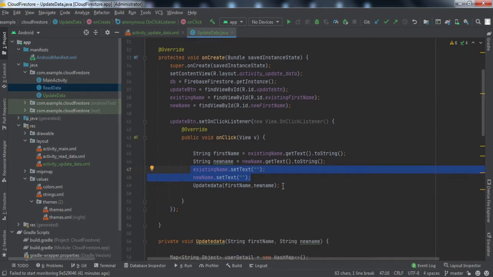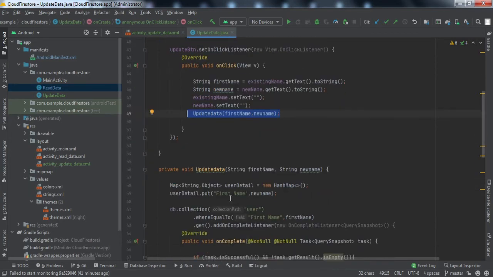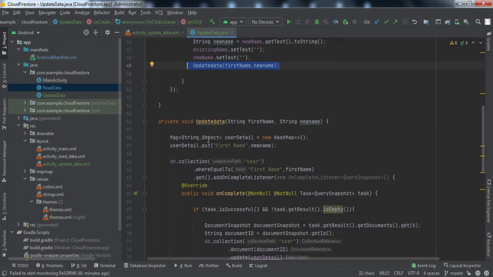After that we call this method updateData, and there are two arguments in this method, first name and the new name. Now we'll see what we do in this method. Here we have made a hash map object and named it user detail. In the previous tutorial I told you how we write the data to Firebase, and for that we use a hash map.